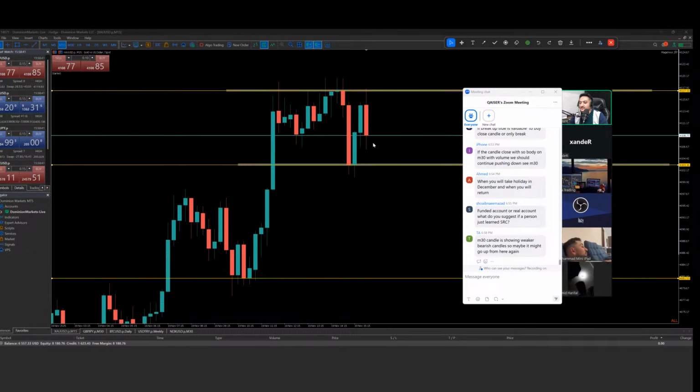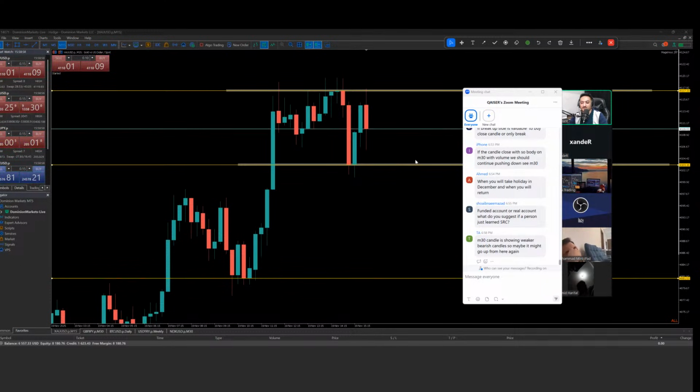If a single candle comes directly from resistance and breaks the support, can we take a trade on the next candle breaking the last candle low, or will it go for retracement? Wait for the candle to create a wick and break the low. If the candle rejects directly from the resistance area and closes back below the support or below the previous candle low, it's showing volume in it. So there's a probability it will continue pushing to the downside if the next candle creates a wick and breaks the low.